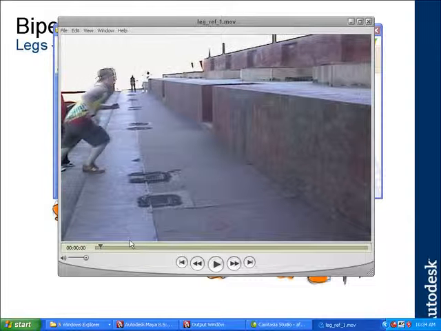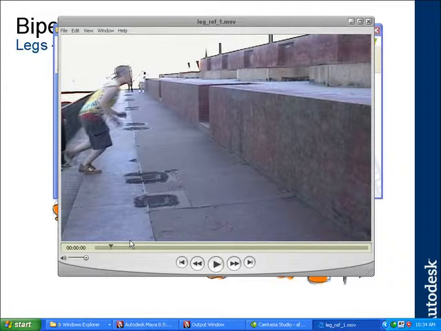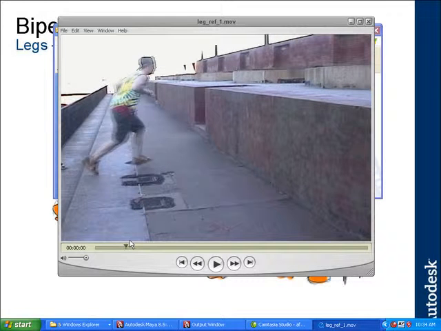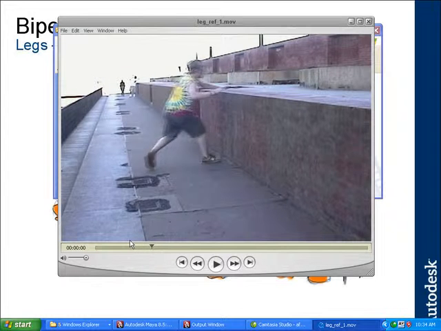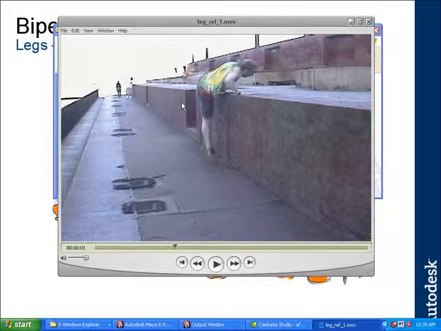If we take a look at the first one, this is Bryce, and he's running up to a wall, leaping onto it, and running off. Let's take a look at what his legs are doing. As his legs are running up, it's just a standard foot plant, swing forward. Nothing too complicated. Then when he swings up, his leg comes around the top, and you can see he pushes off with his toe. His leg extends,